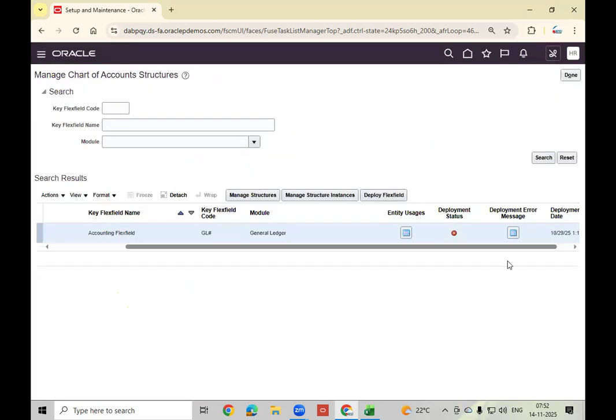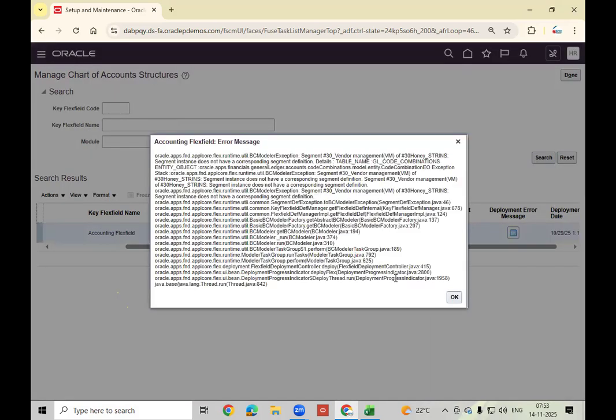Okay, some reason here, the combination entity object. This is some application issue only, not a setup issue.